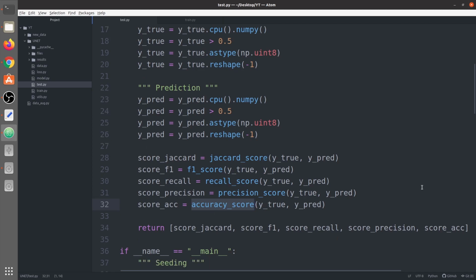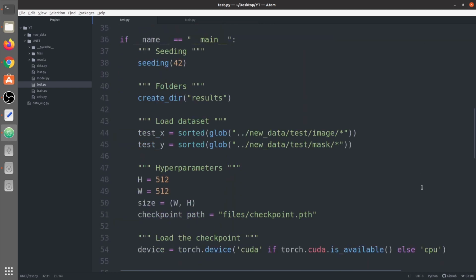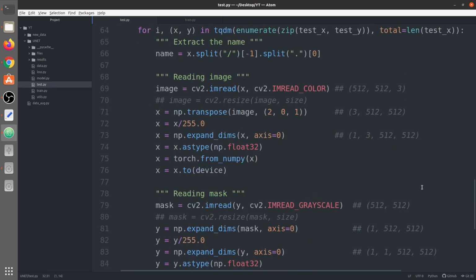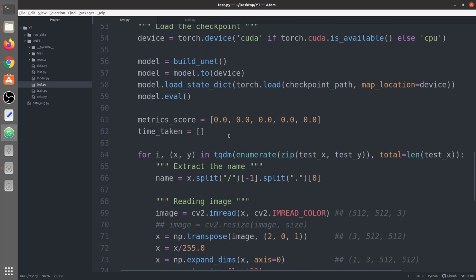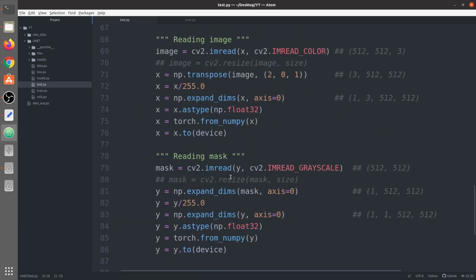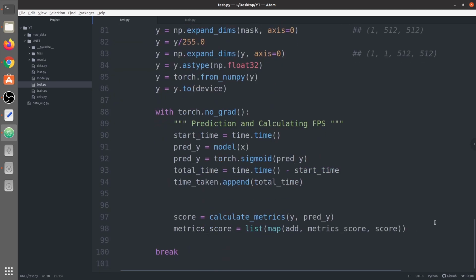So we have calculated the score, we have written these metrics. Now after having the score, we're going to add this metric score to the metric score list, if you remember, so we are adding those scores basically, and then we calculate a mean.